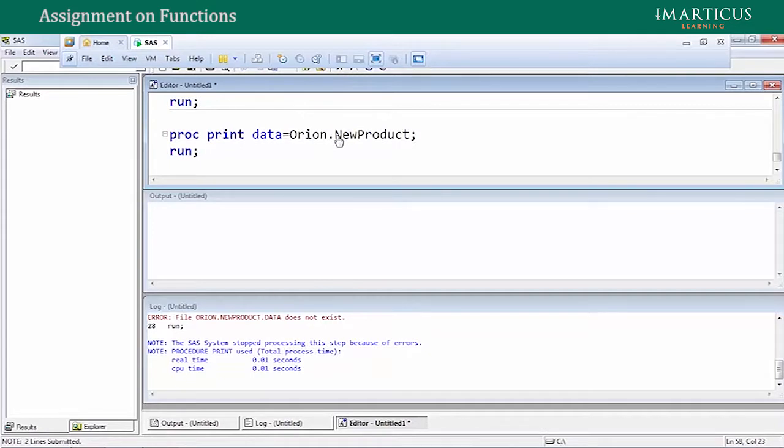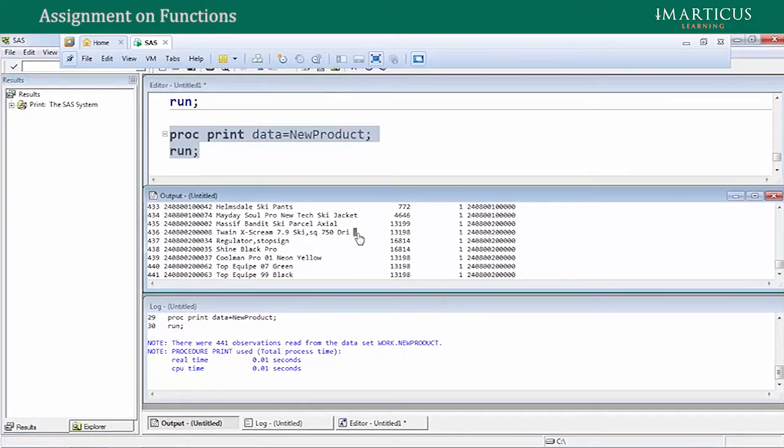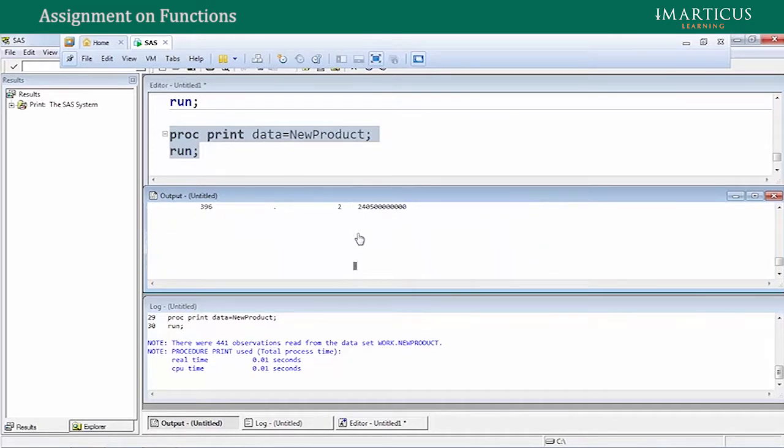Sorry, new product is in work library, so you just need to say new product. So if you see, these are the 441 observations. And if you see the product name values,